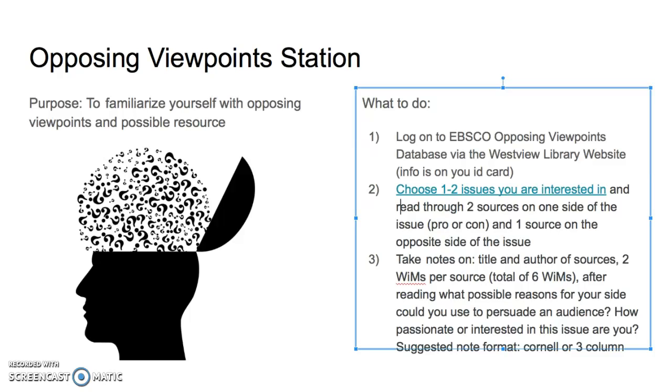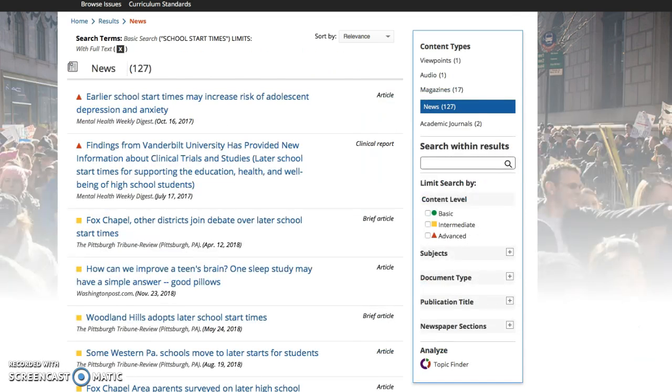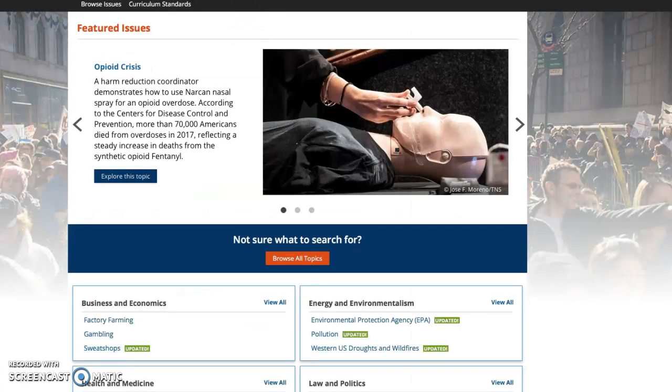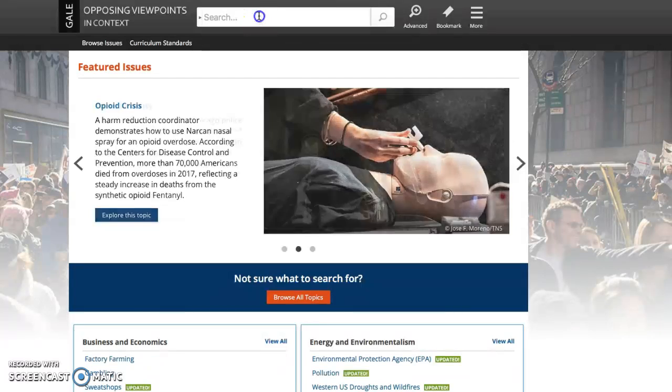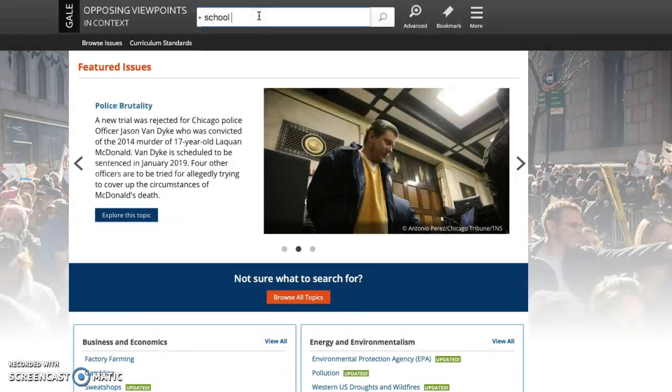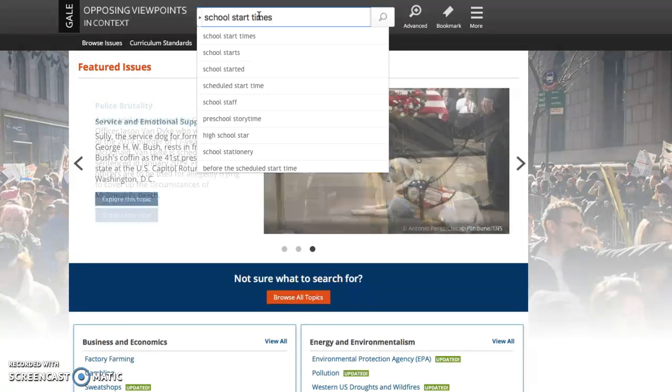Okay, so once you're back and have an issue in mind, let's go on to the EBSCO Opposing Viewpoints, and here's what you're going to do once you're there. You are going to take notes on sources you could find on that particular issue. So what you'll do is you'll jump on Opposing Viewpoints, and it'll look similar to this. There we go. It'll look like this, and there is a search bar up at the top. So say you wanted to do school start times, so you'll type in school start times